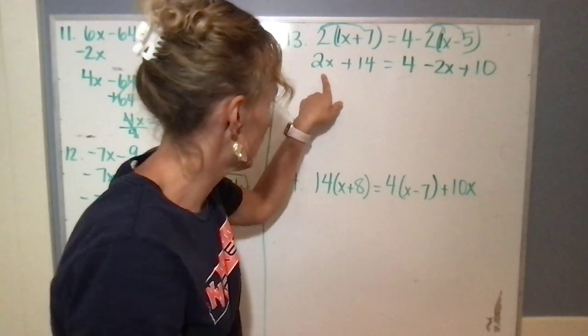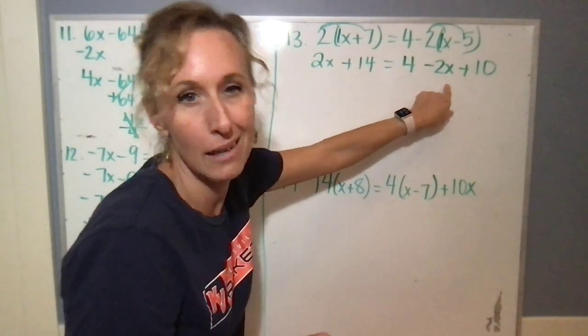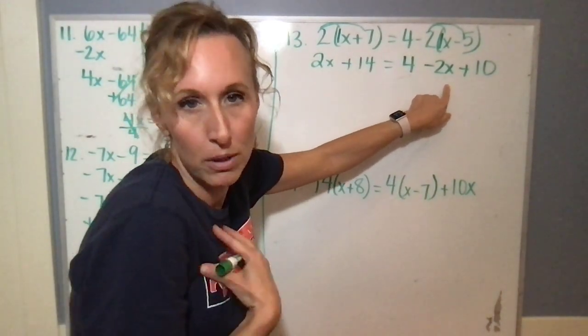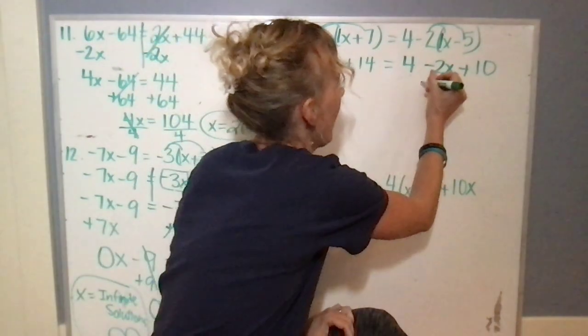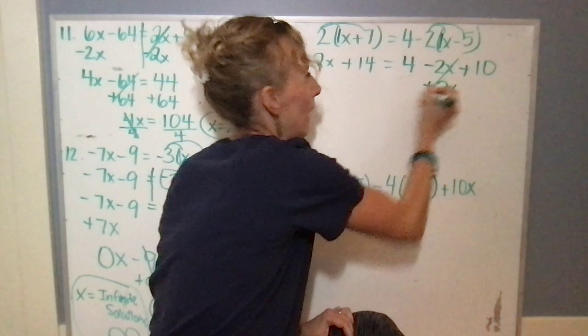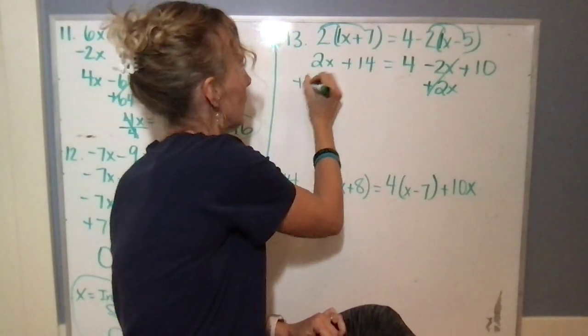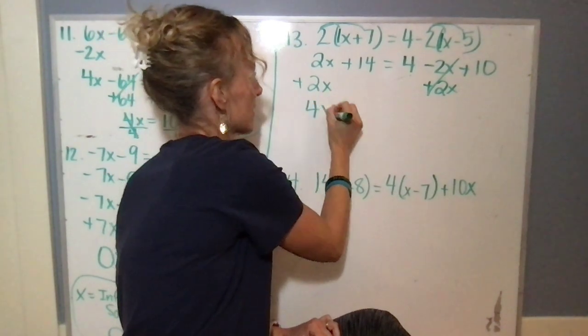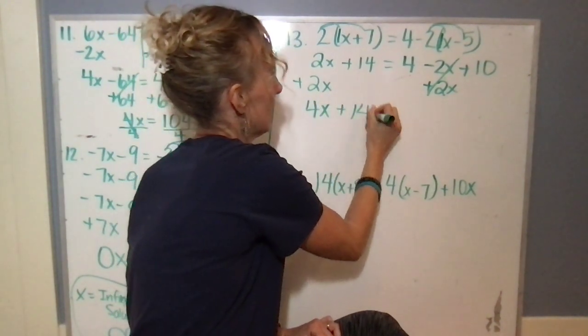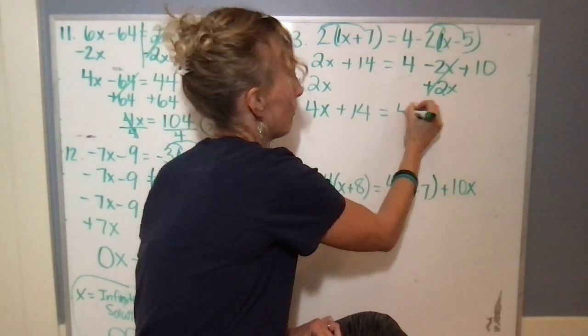So I can either cancel this one or this one. I always cancel the one, just personal preference, on this side. So I'm going to cancel that guy out. So I'm going to add 2x, okay, and I'm going to add 2x here. All right, so 2x plus 2x is 4x plus 14 equals, well, I didn't use that 4 and I didn't